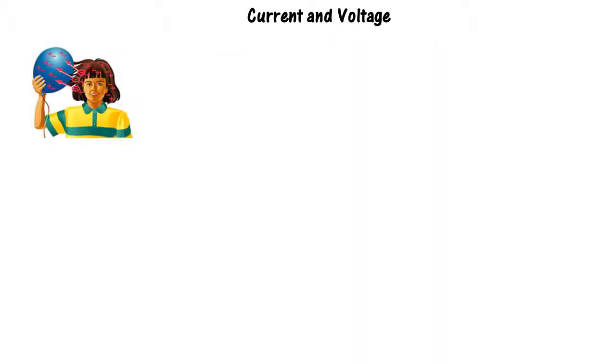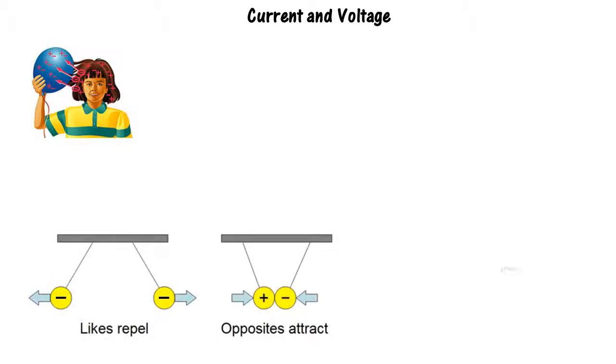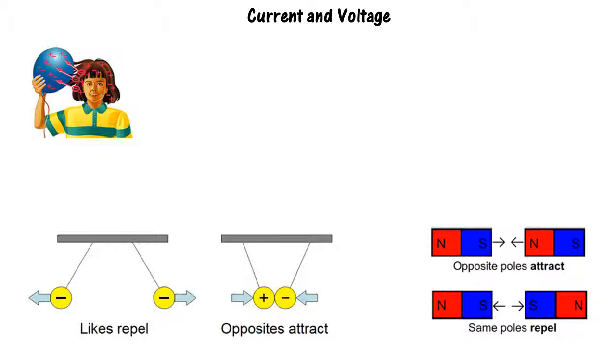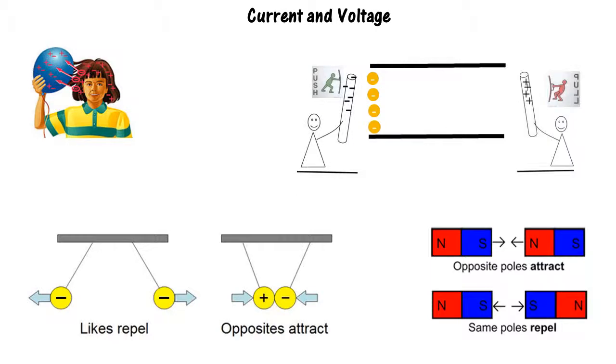In nature, there is static electricity in various ways, and we know that like charges repel and opposites attract, just like magnets, where the opposite poles attract. Now, if we consider a thin wire with electrons and we put some negative charges on the left and positive charges on the right, the negative charges will push the electrons and the positive charges pull, or attract, the electrons, and the electrons start to flow.